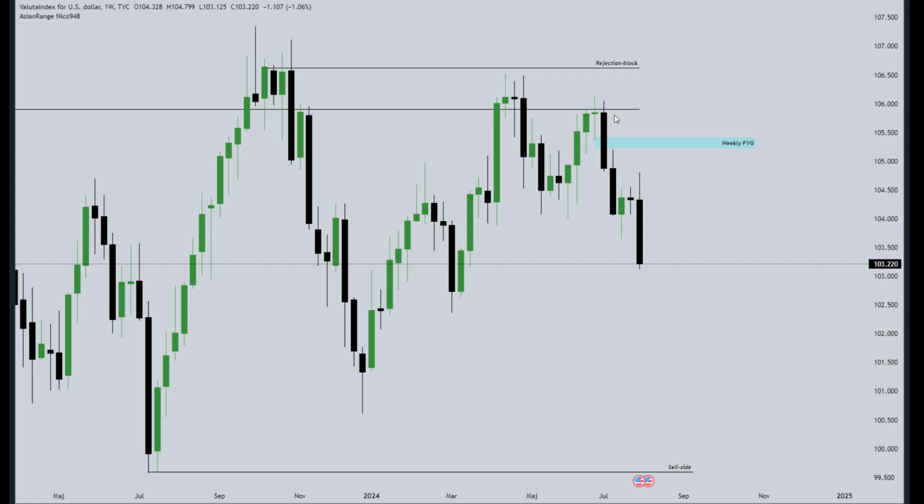I'll show you the annotations, but it's a 50% gradient. I want us to go down to that, into an inverse FVG like we have here, but I think we have it on the daily as well. But you could use this mitigation block, this order block, or whatever works. There are a lot of confluences overlapping, and I think those confluences, given the fact that we've taken out a lot of sell side liquidity, will drive us up here and then continue lower towards the sell side liquidity.